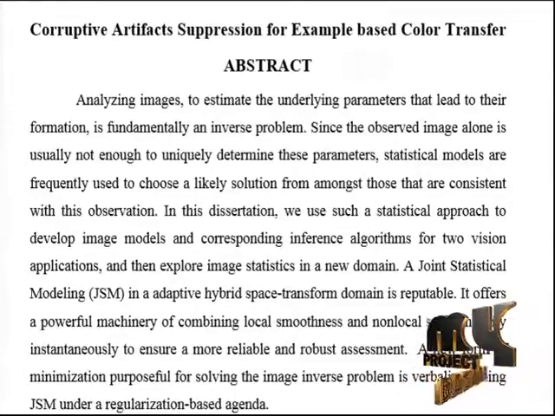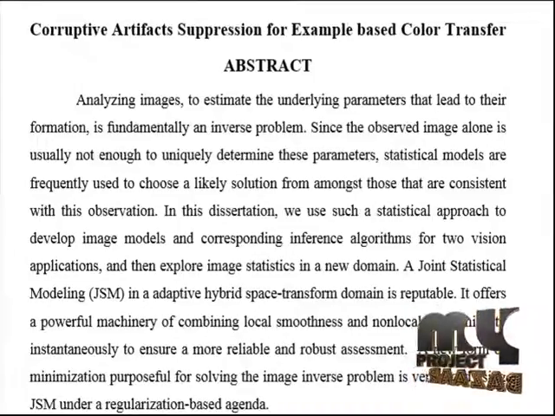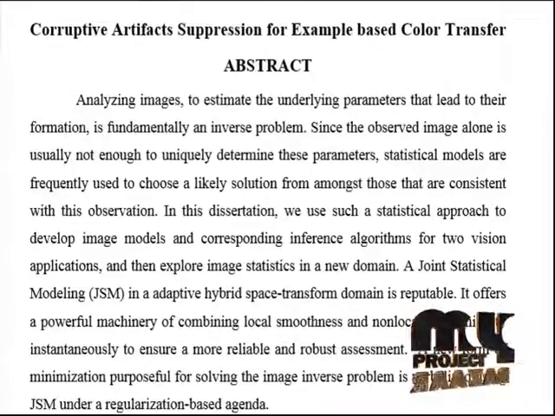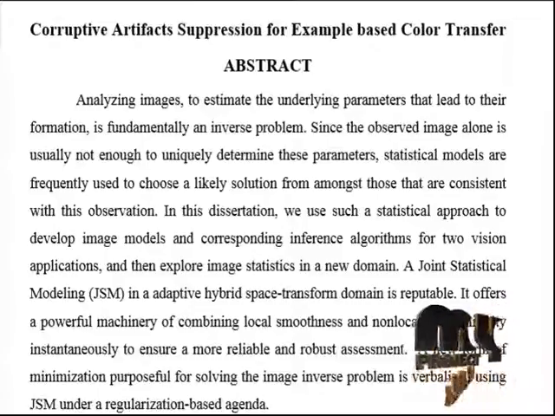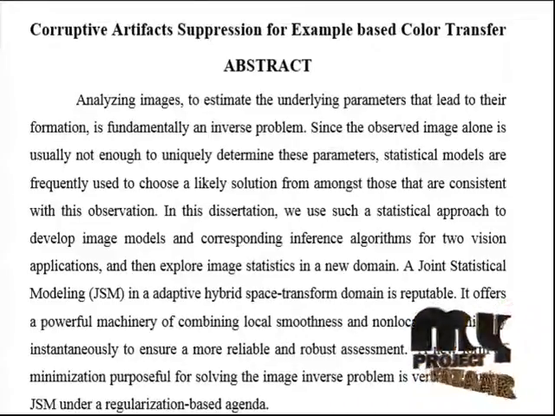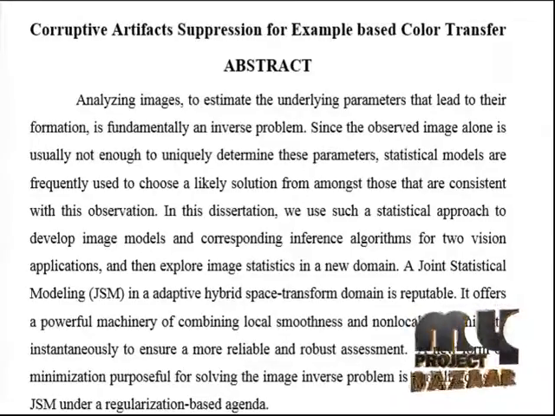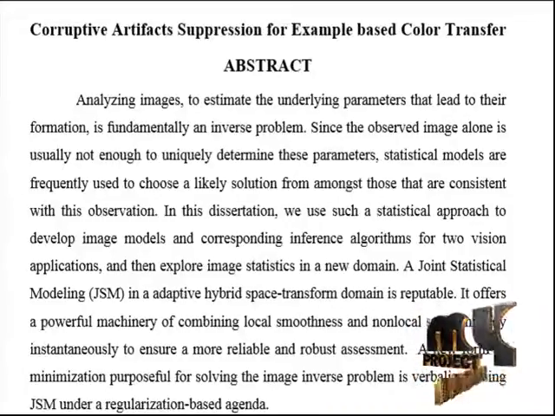It offers a powerful machinery of combining local smoothness and non-local self-similarity simultaneously to ensure a more reliable and robust estimation. A new form of minimization for solving the image inverse problem is formulated using JSM under a regularization-based framework. The obtained high resolution gradient is then regarded as a gradient check or an edge preserving constraint to recreate the high resolution image. The smooth edge prior is a smoothness constraint. The gradient magnitudes of GPB edge directed are less stringent than those attained through our scheme and the soft cut